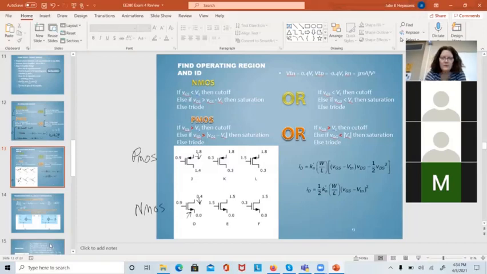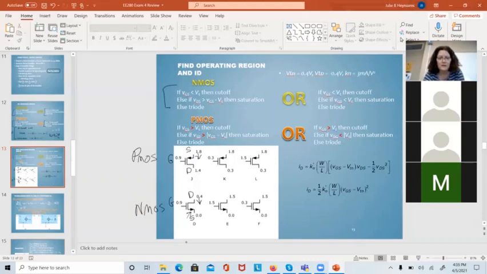For the symbols, for PMOS, the gates are always the same. The one with the arrow on it is the source, and for PMOS the source is usually up. The one without the arrow on it is the drain. The drain and the source are flipped between PMOS and NMOS to get the direction of current all flowing down the page. So you have to be able to figure out which terminal's which, and then apply these algorithms with